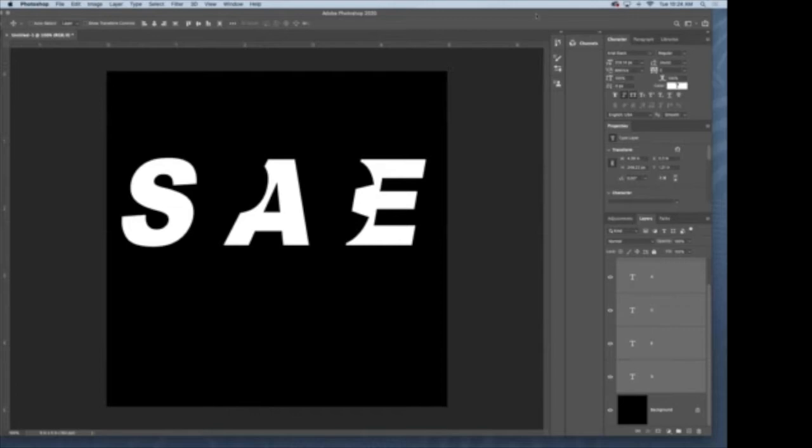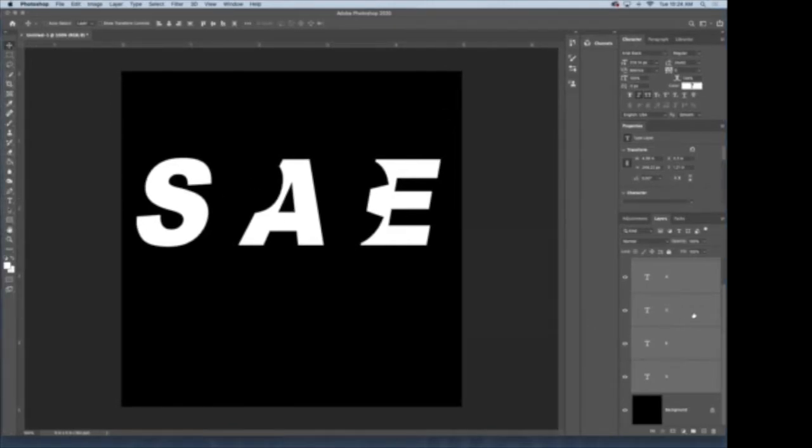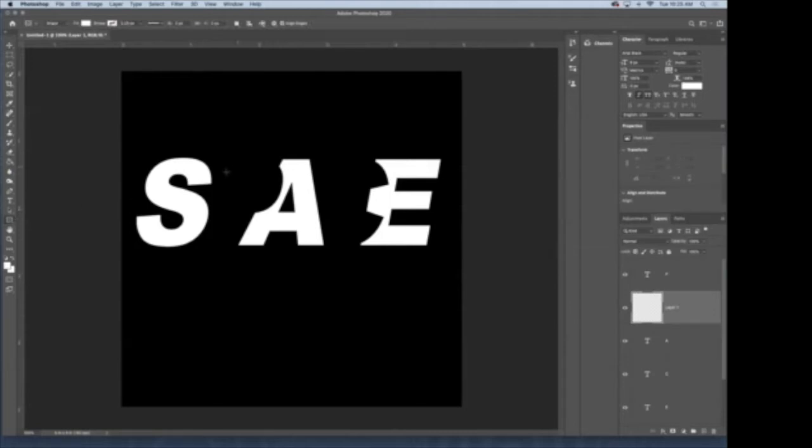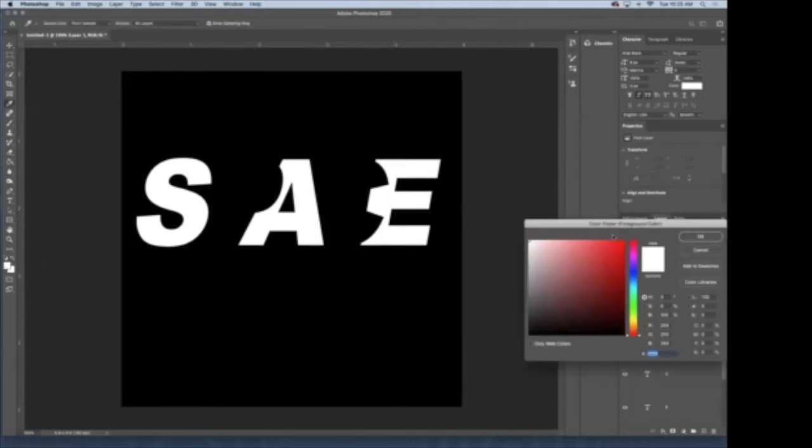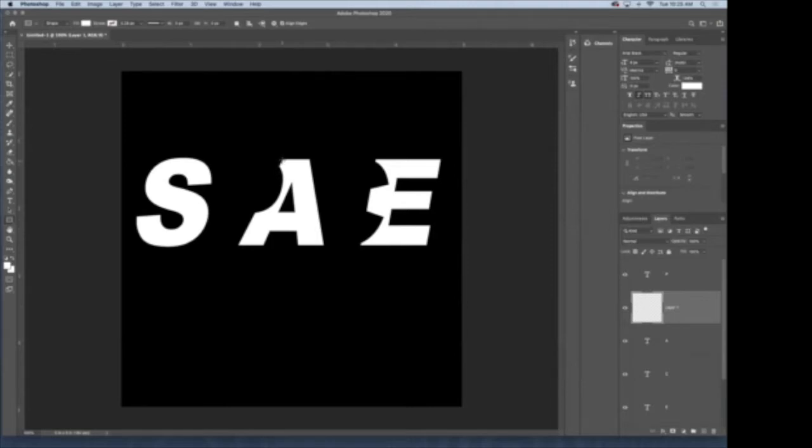So the illusion is really simple. I'm going to get my shape tool, and it's all about where in the layer palette you place the shape. If I want to place a shape to create the illusion in the P, in between the P and the A actually, from the A, I'm going to add a layer. I'm going to get my shape tool. I'll make sure it's white. You want to make sure that your foreground color is white. I'm going to just make a white box,